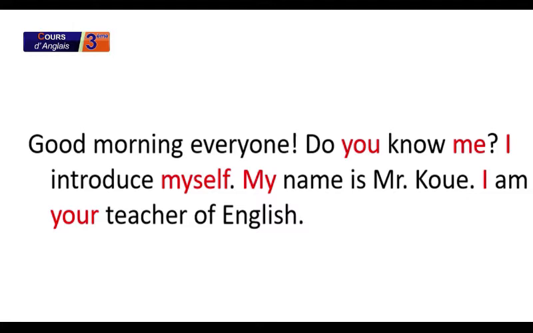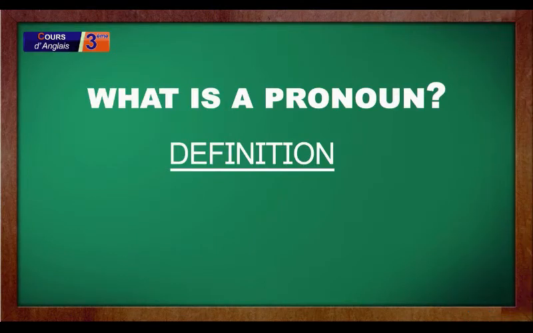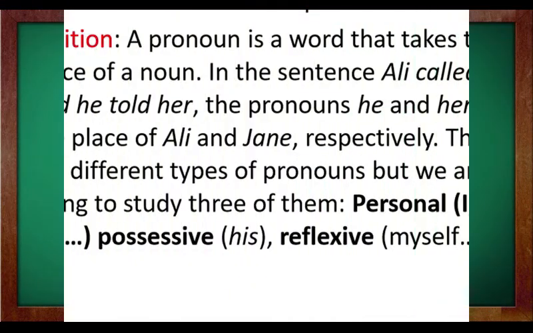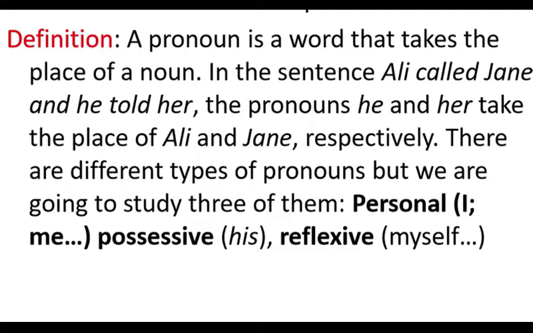In this small text that has been presented to you, there are words which are written in red. What are those words? I guess you know the answer. Those words are called pronouns. What is a pronoun? A pronoun is a word that takes the place of a noun. In the sentence, "Ali called Jane and he told her," the pronouns he and her take the place of Ali